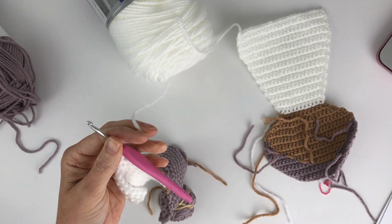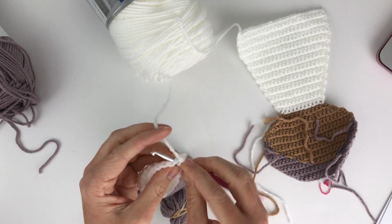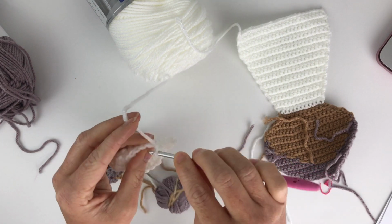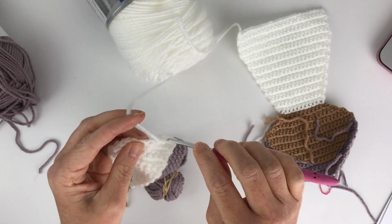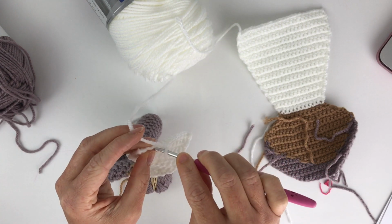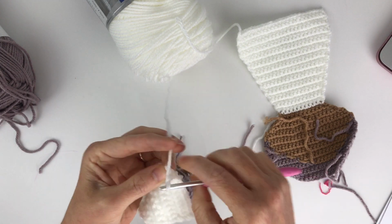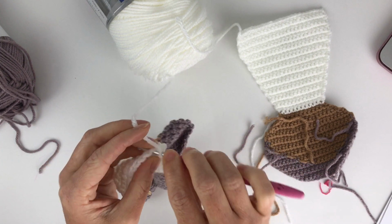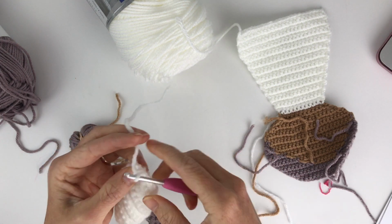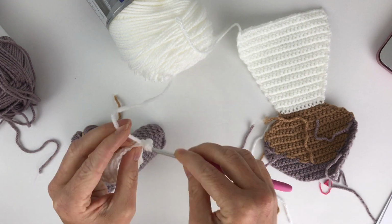Chain 1 and turn. Rows 38A and 39A, single crochet 1 time in each stitch, giving us a total of 11 stitches in the row. This is 38A, chain 1 and turn. 39A. 40, we are going to increase in the first stitch, then single crochet 10,